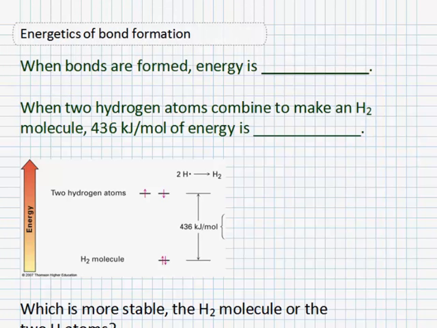Right? So let's talk about what actually happens when those two hydrogen atoms come together. We alluded to this a little bit ago, that when bonds are formed, energy is released. Hydrogen atoms themselves are really very unstable. They're unhappy because they have only one electron. Their 1s orbital is only half full. Okay? An element like helium with 2 electrons in there is fine on its own, but hydrogen only has 1, so it's going to need to do what it can in order to get those 2 electrons in the orbital there. So when the 2 hydrogen atoms combine to make that H2 molecule, it turns out 436 kilojoules per mole of energy is released,